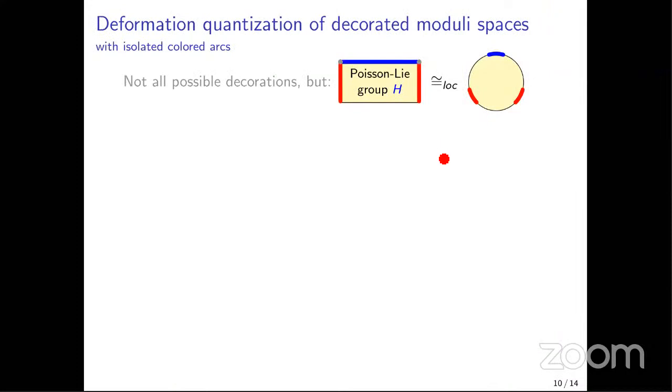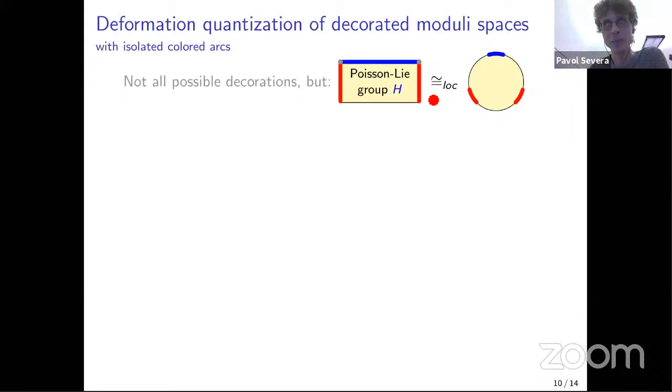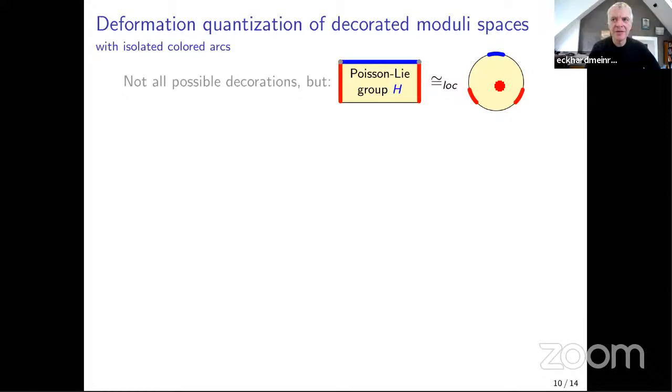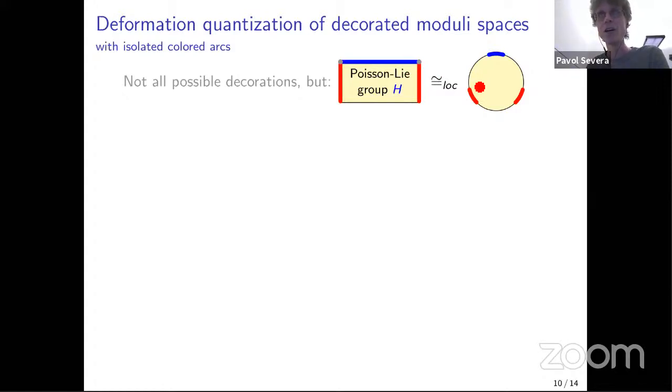Okay, thank you. Actually, since you're on this picture, could you explain again what you mean by locally diffeomorphic? There is a map going from the moduli space to that moduli space, which is given by, as I said, that if you cut those corners, then you get just this surface. And that map is a local diffeomorphism. It would be a global diffeomorphism, truly the same thing, if every element of G can be written uniquely as a product of elements of H and H prime.